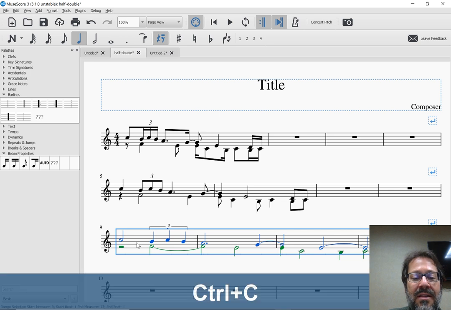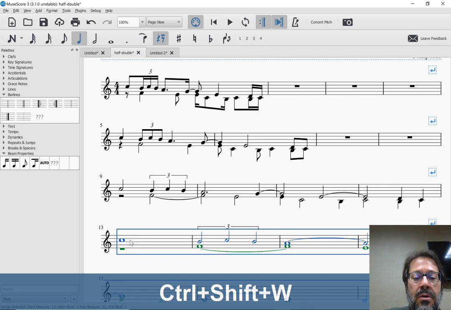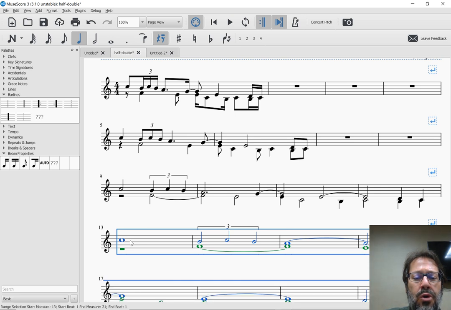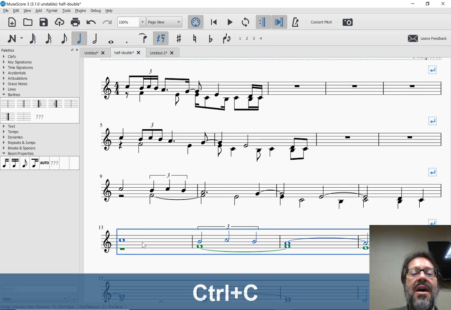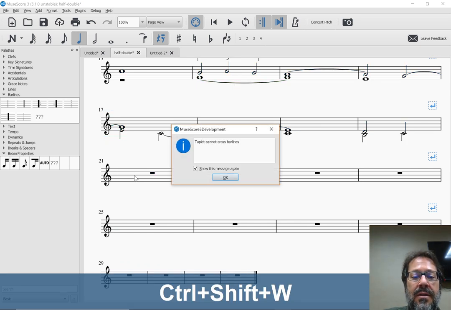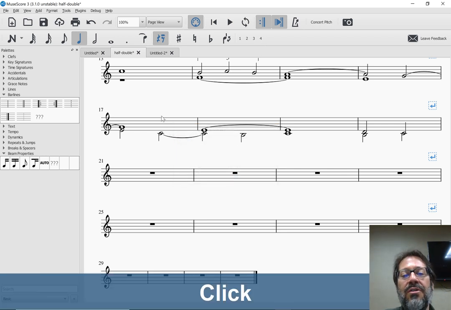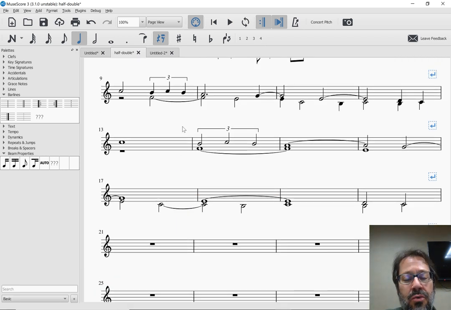But if I now select this and try to paste it, I'm going to get the probably familiar error to some of you. Oh, that one's still good. But if I try to double this, I think I'm going to get the triplet cannot, or doublet cannot cross bar lines. So yeah, we don't have special code to allow you to